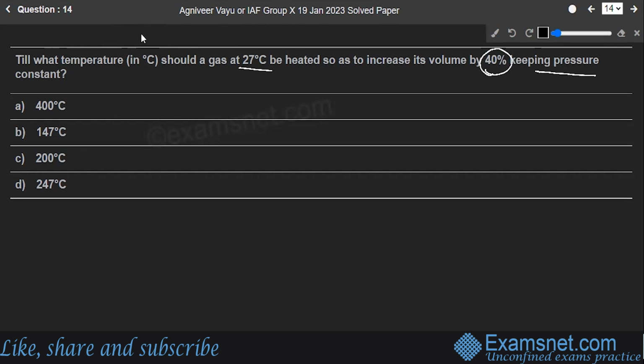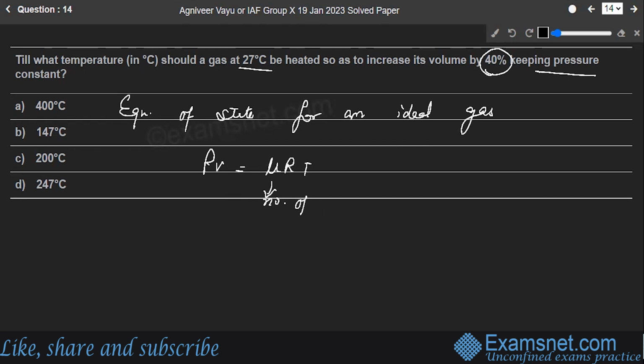Let's talk about the ideal gas. It's a hypothetical gas which consists of molecules that have negligible volume, and the collisions are perfectly elastic, meaning no loss of energy, and it obeys the gas law. So the equation of state for an ideal gas is given by PV = μRT, where μ represents the number of moles of a gas, and R is your gas constant,